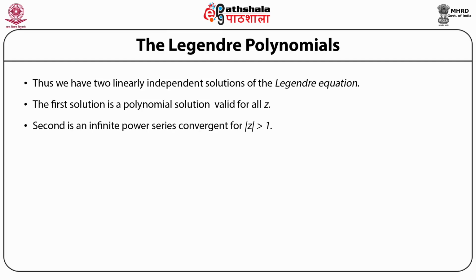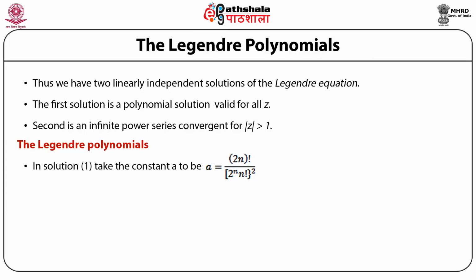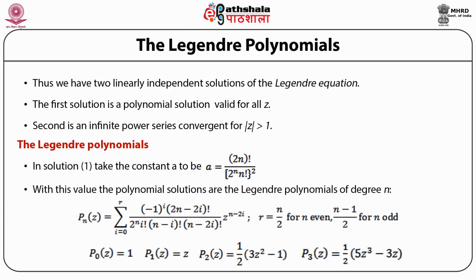Next, we move on to discuss the Legendre polynomials. In solution 1, let us take the constant a to be equal to 2n factorial divided by the square of the quantity 2 raised to power n into n factorial. With this value of the constant, the polynomial solutions are the Legendre polynomials of degree n, where w is equal